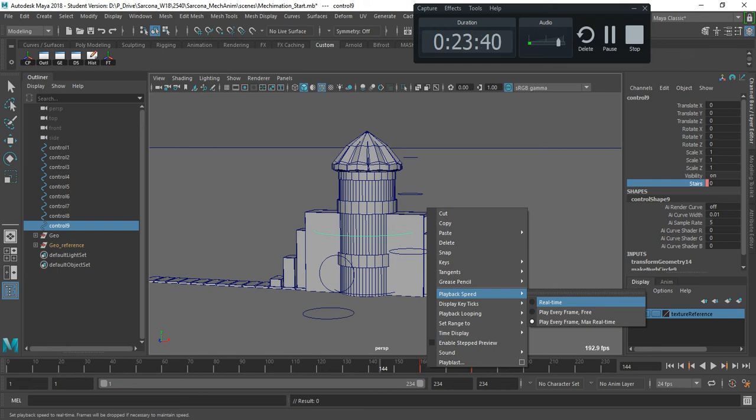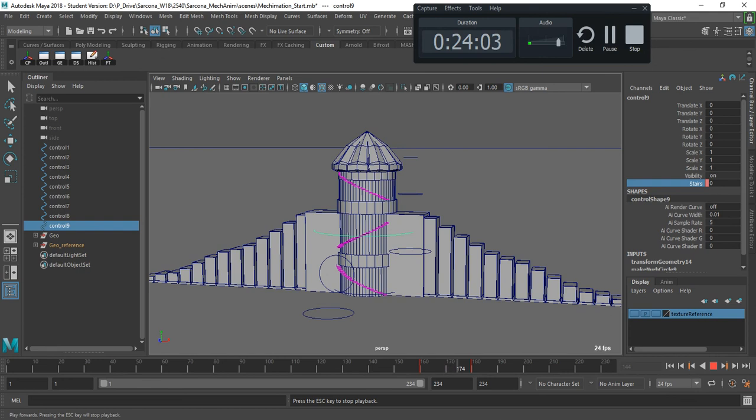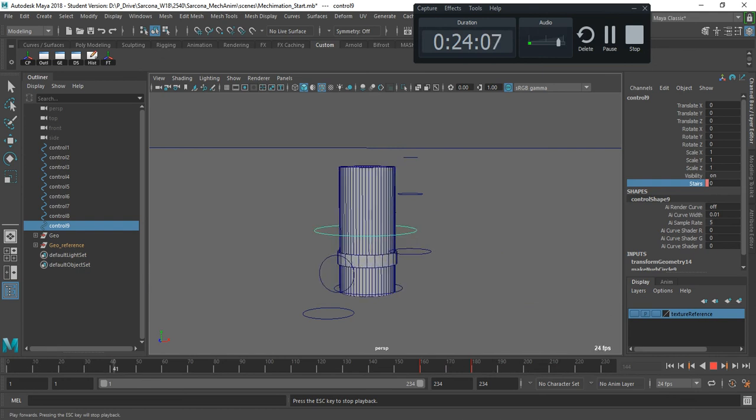So when we get into a character and we're animating a Spider-Man or whatever jumping around, he may go super slow frame to frame. If I did play real time then, he would basically go from like 1 second, 2 seconds, 3 seconds, and I wouldn't see any of the in-between stuff, which is important for us. So I set it to play every frame at max real time, and what that does is it just plays back as fast as it can up to real time, but plays every frame. Okay,